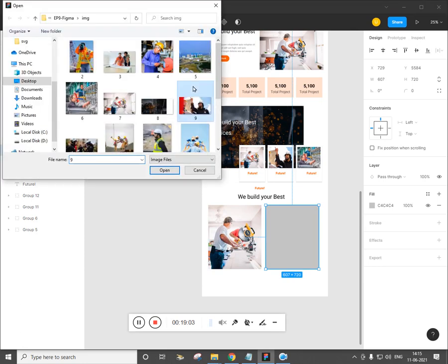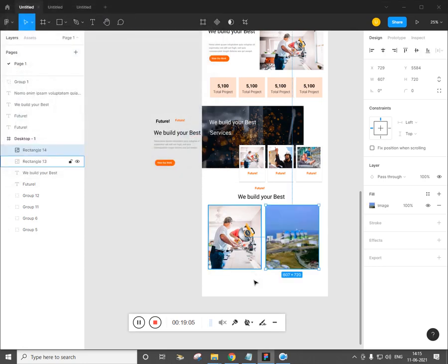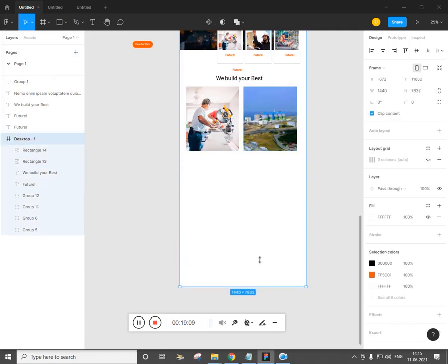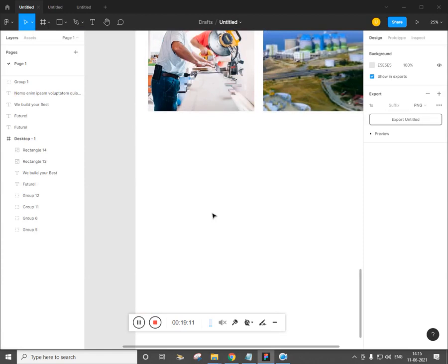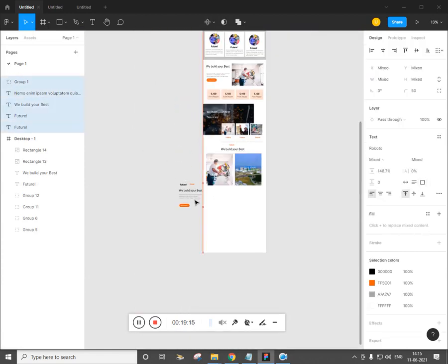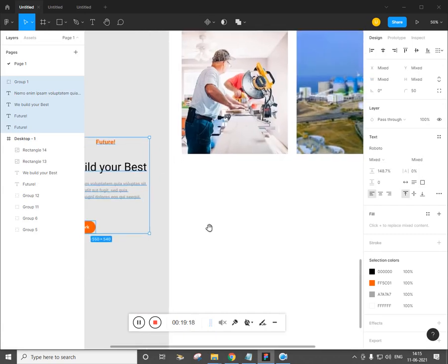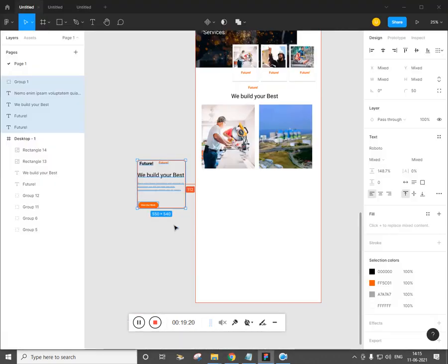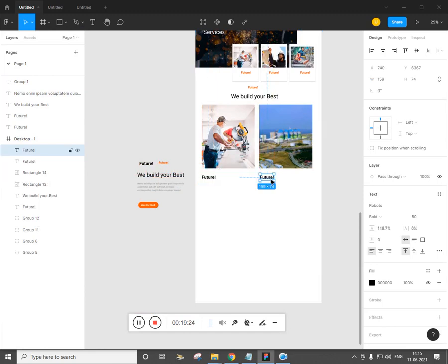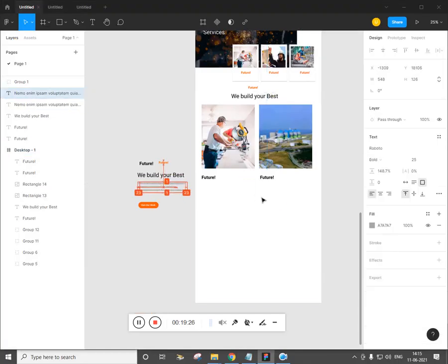Place image, select the desktop, make it even larger, and now this is handy for you. You can just drag and drop the text which you have created. The heading guy, the block text,